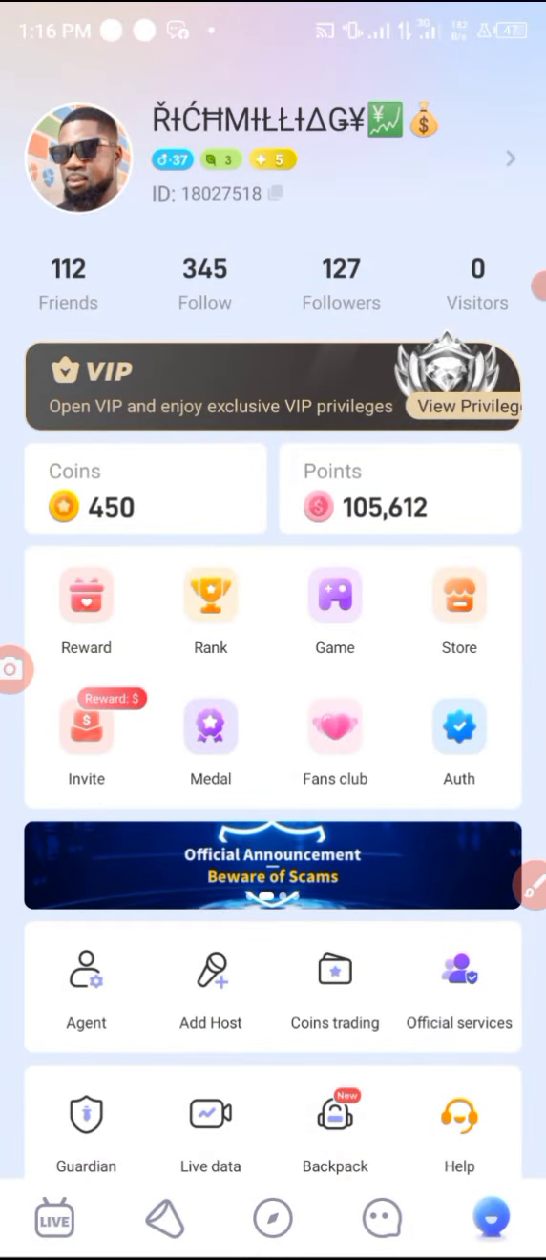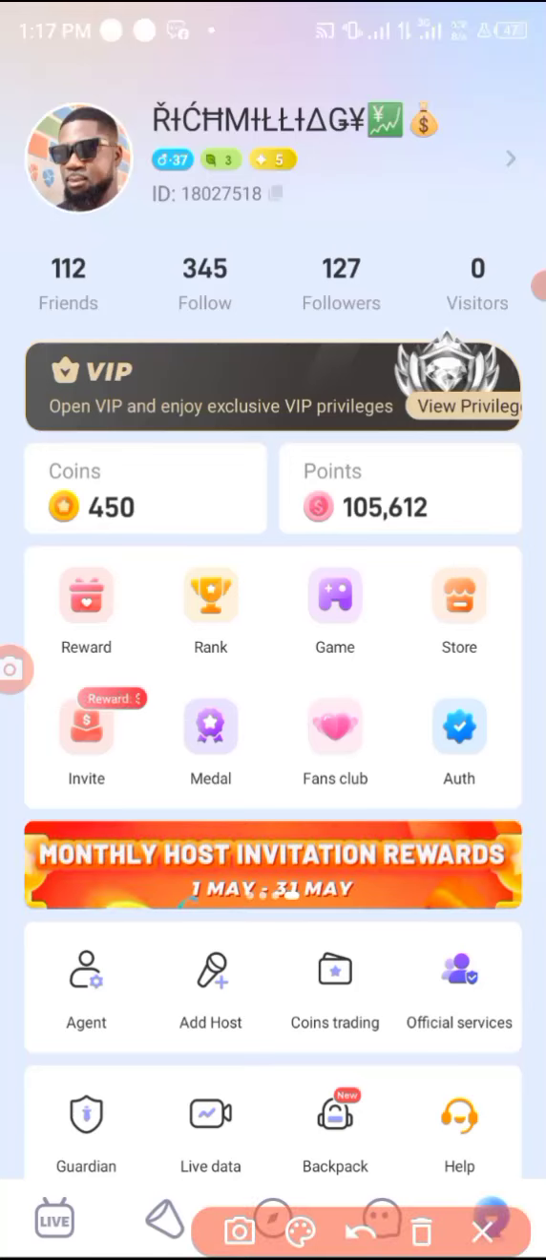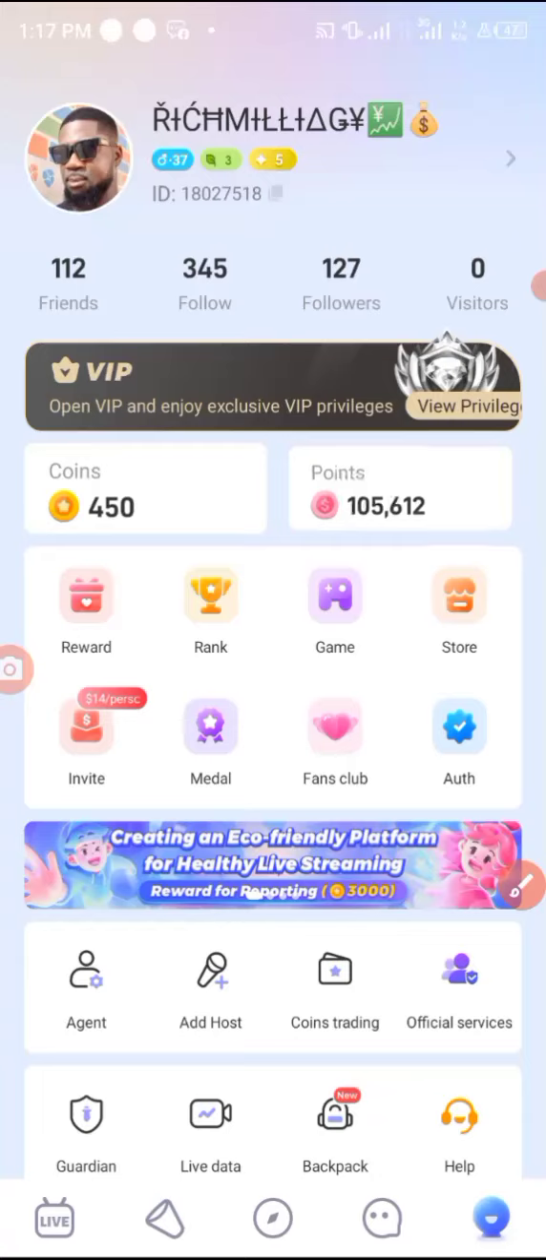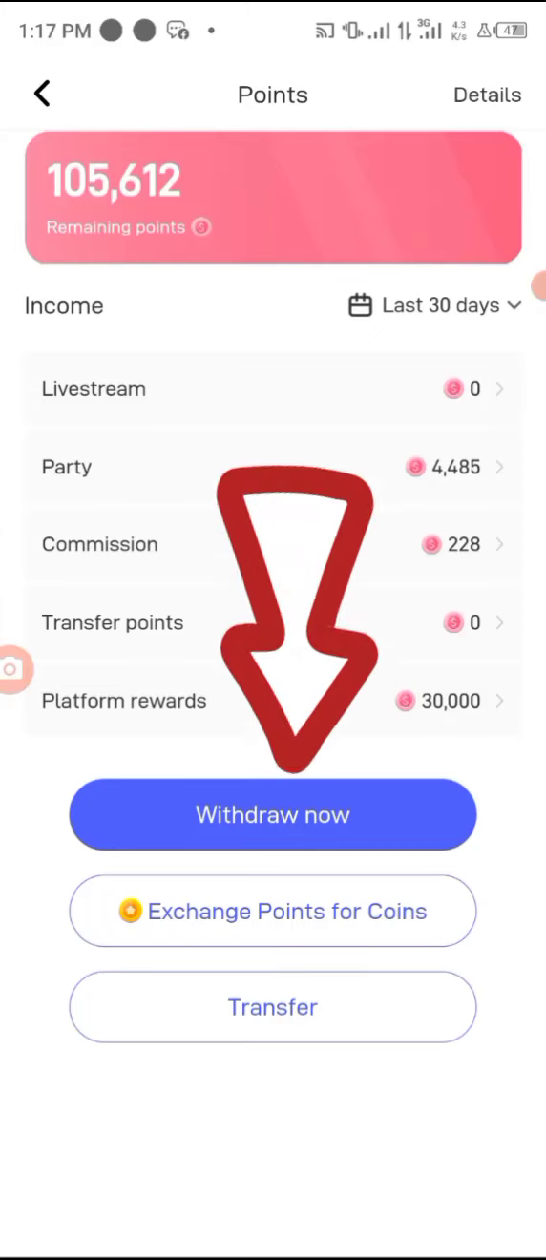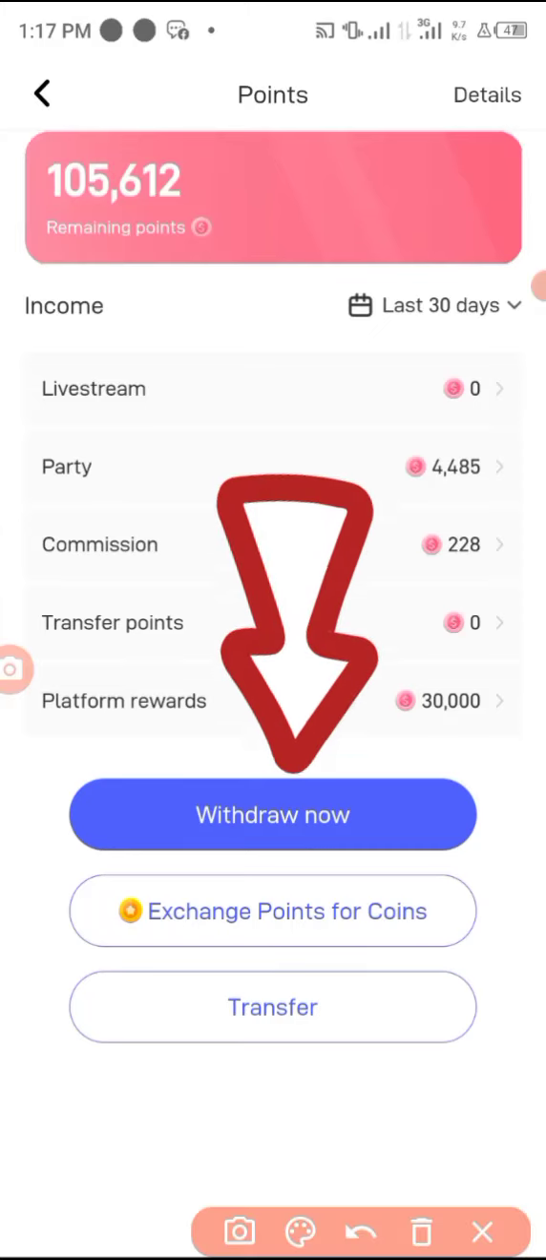In today's video, we will be showing you how to withdraw from your Poppo Live account. So, let's get started. Click on the points where the arrow is pointing, and it will take you to this page. From here, click on the Withdraw Now button to load the page where you can add the withdrawal method